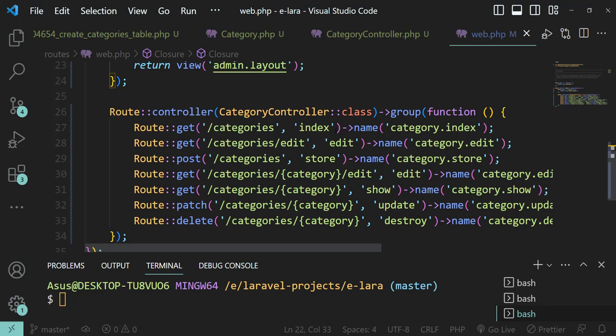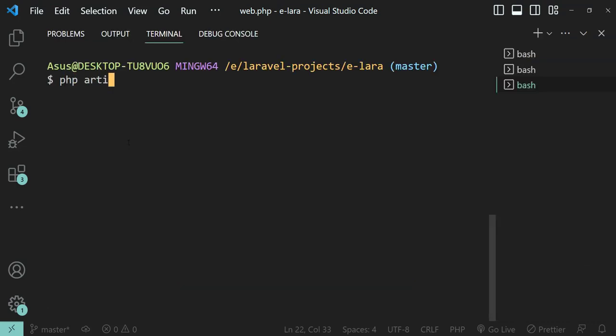artisan command called Tinker. Tinker is a command line CLI which allows us to execute PHP commands in the terminal. And we will use Tinker to create some instances of the model that we have defined, which is the category model. So let me just show you how Tinker works. php artisan tinker. Now this has started another command line terminal where you can write any PHP command that you want, such as